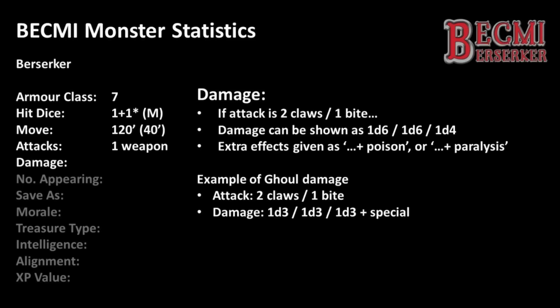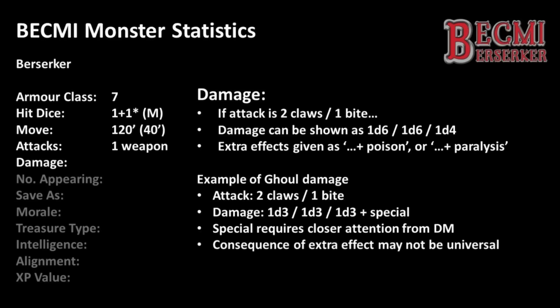So why doesn't the description just say plus paralysis? It does for other creatures. This is because the moniker of special must draw the DM's attention to the specifics of ghoul paralysis, which states that it only affects creatures of ogre size or smaller, and doesn't affect elves. Whenever special has been used as a descriptor, it's recommended the DM pays closer attention to the consequences of a